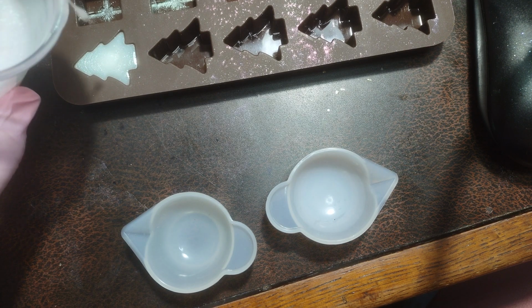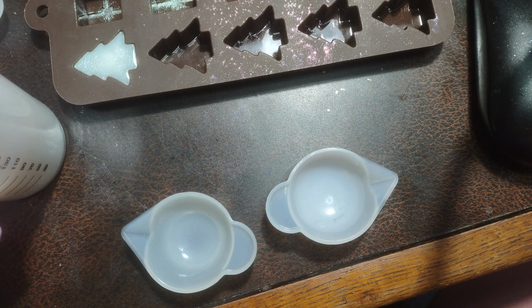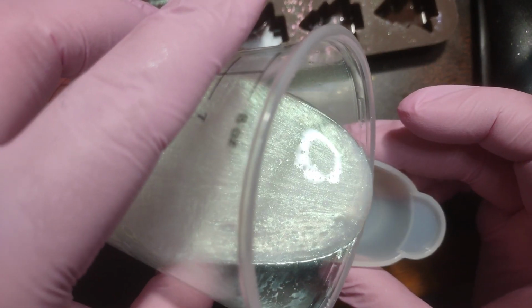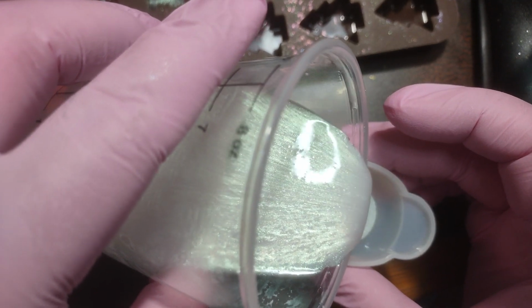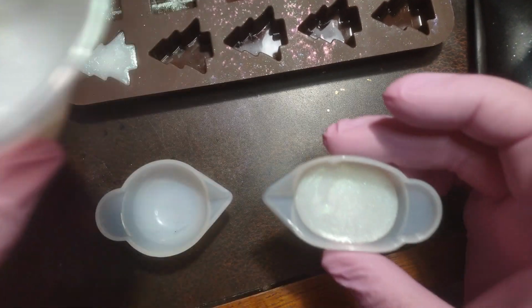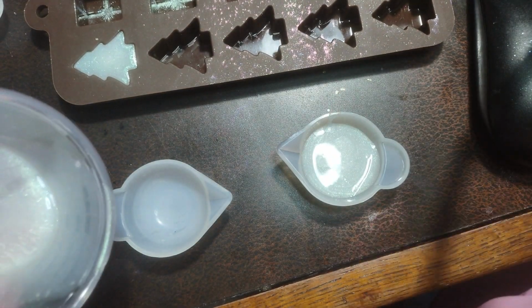These are just Christmas trees that we use for our Christmas ornaments. This has been setting for a while, but what I'm going to do is mix it in each one, and when it's done we'll show you the end result in another video. So this is just green interference